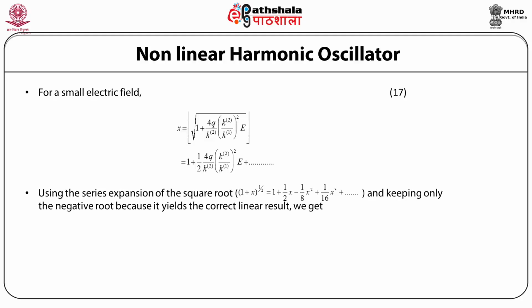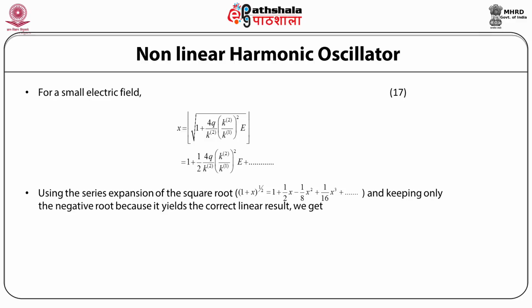Using this series expansion of the square root, 1 plus x to the power half is equal to 1 plus half x minus 1 by 2 x square plus so on,